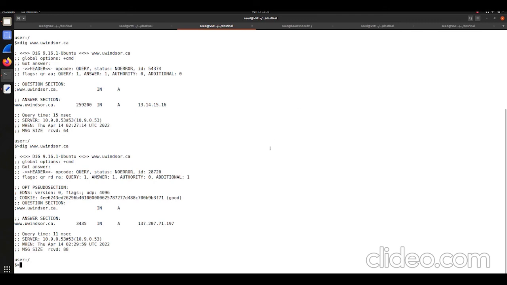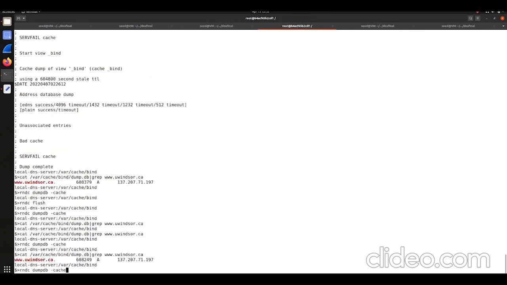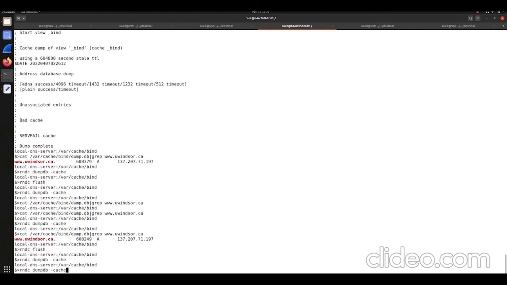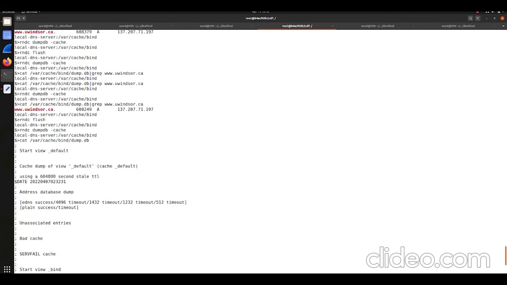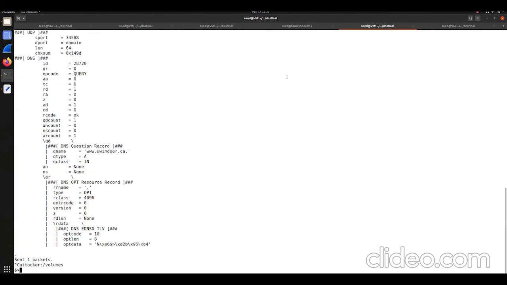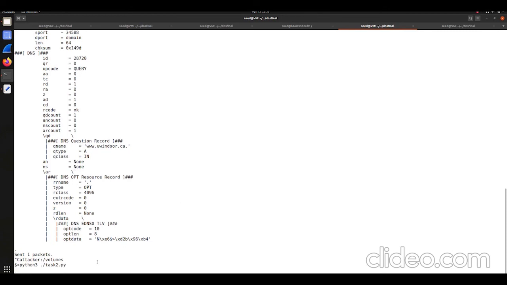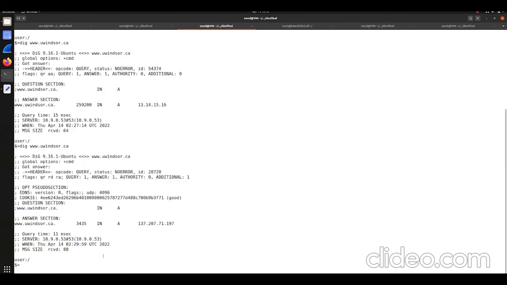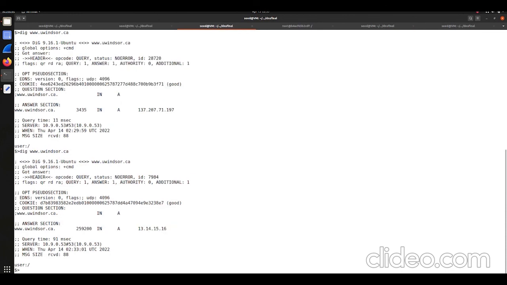So let's look at the implementation of it. Let's clear up the cache first. Let's flush it. We see that the cache is completely empty now. We have stopped the previous task, and now let's go with task 2. Now the task is running. Let's try digging it again. Yes, now we see that it is spoofed again